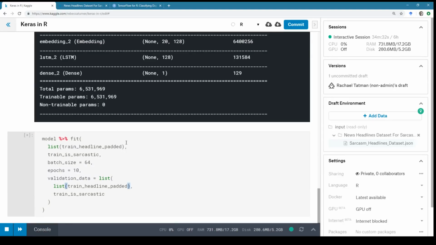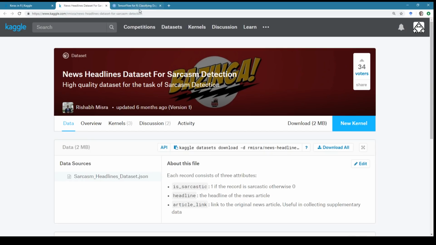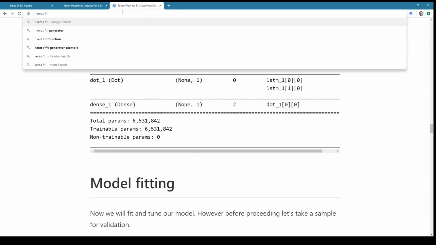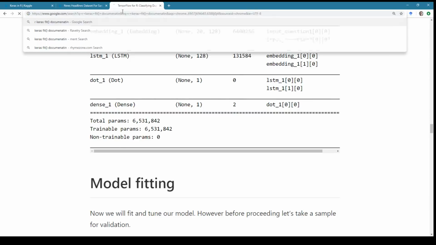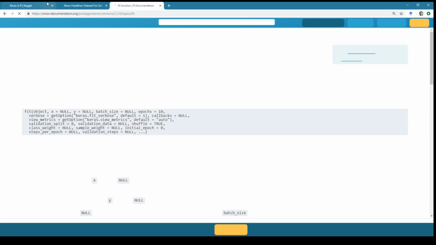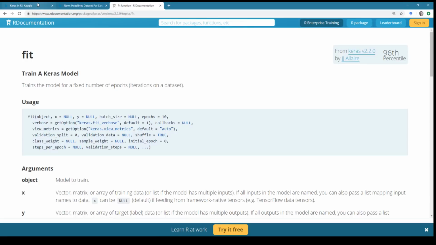But that might be our problem. Let's see if that helps. And meanwhile, let's look at the fit function documentation. That is what I'm interested in. And I didn't just search for fit because literally everything has a fit function.